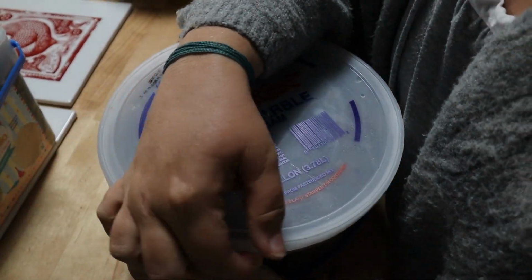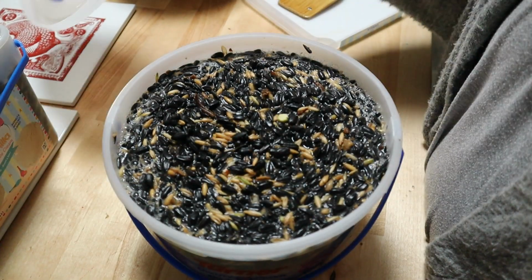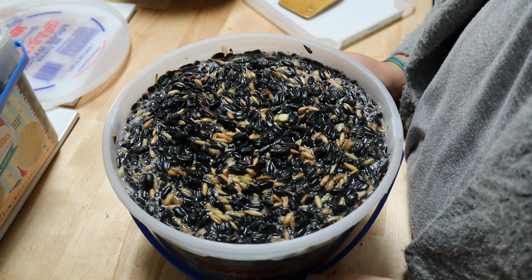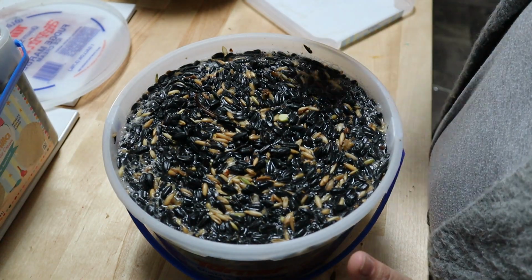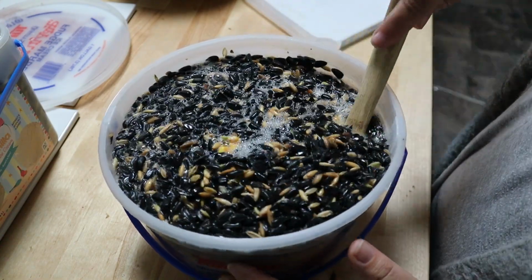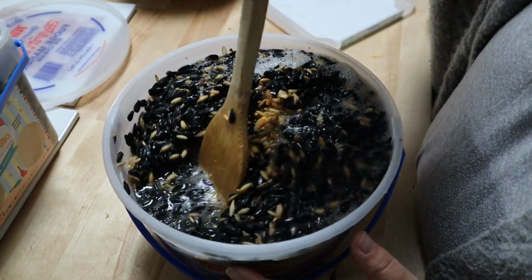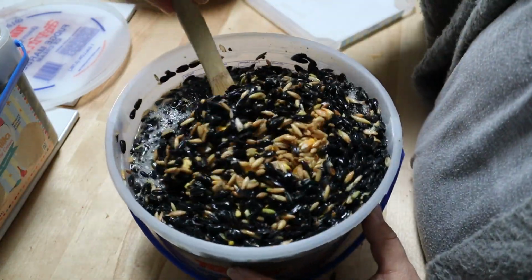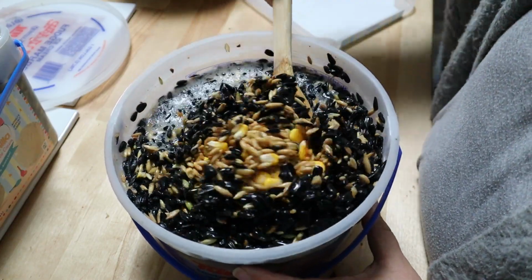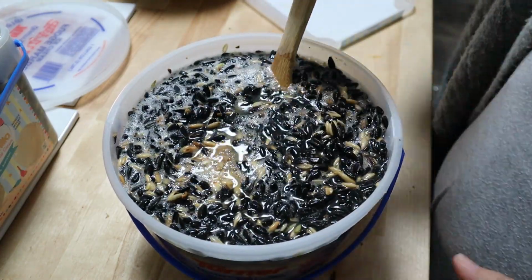Now this one is the apple cider vinegar. Look at those bubbles. See the little bubbles coming up? Alright, let's go ahead and stir this up. Look at them bubbles. Bubbles, bubbles, bubbles. I love it. And this is only 2 days old. I'm going to let this sit for 3 days